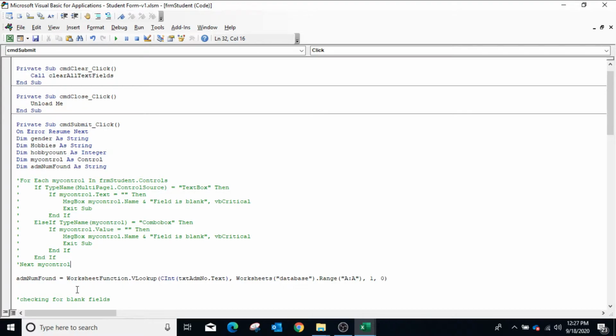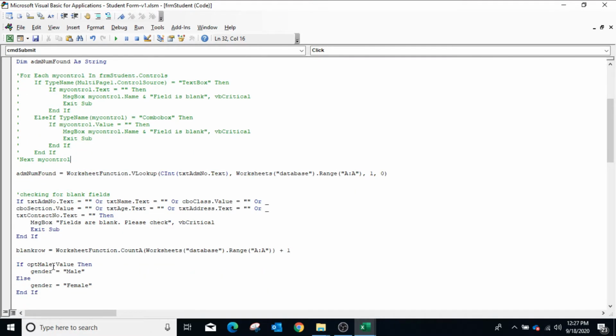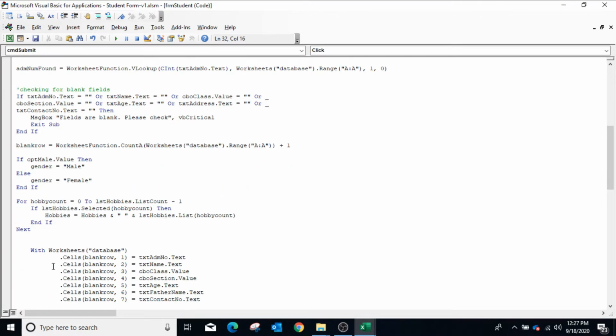So now, to add the data in the database only if the admission number does not exist, we will use an If statement before adding the data.